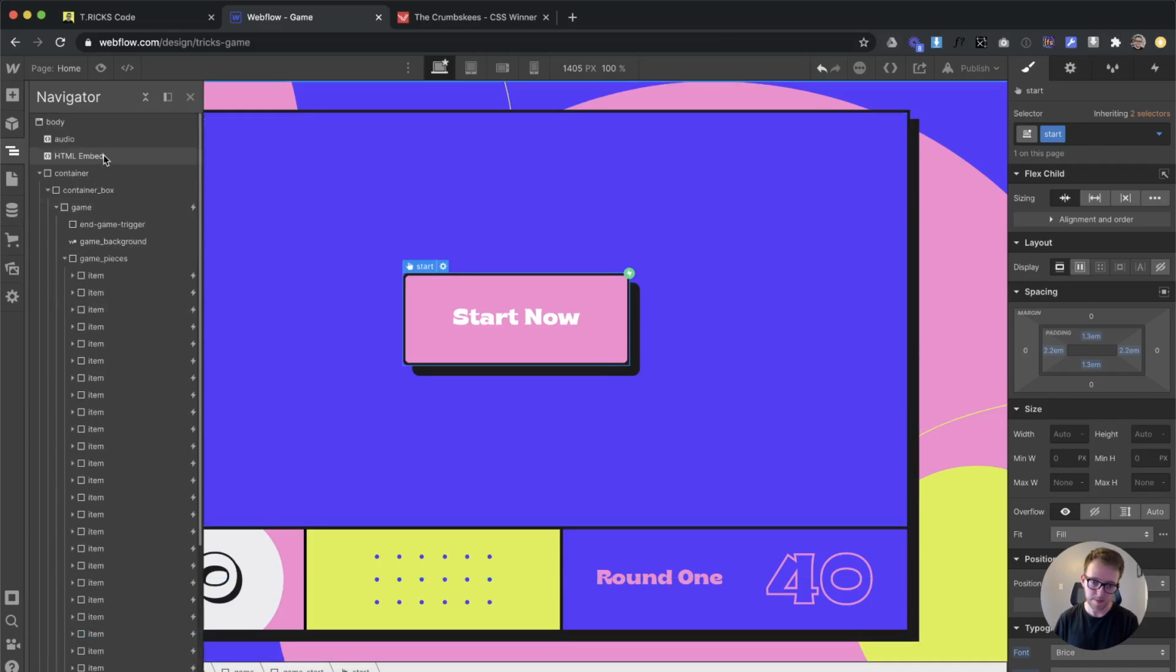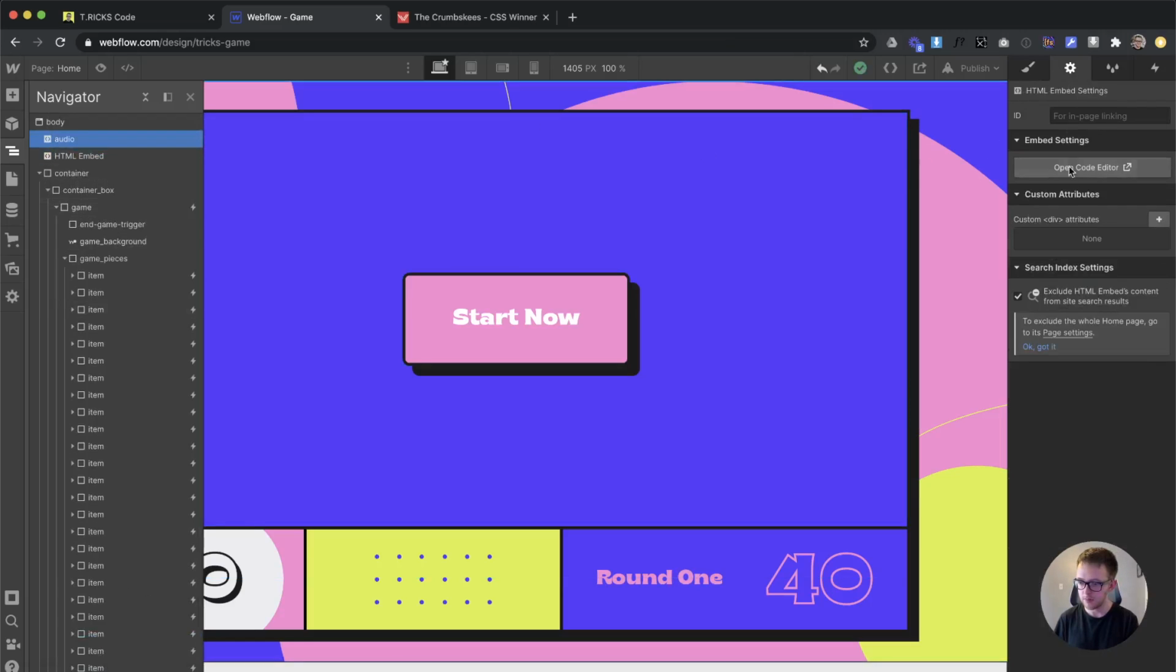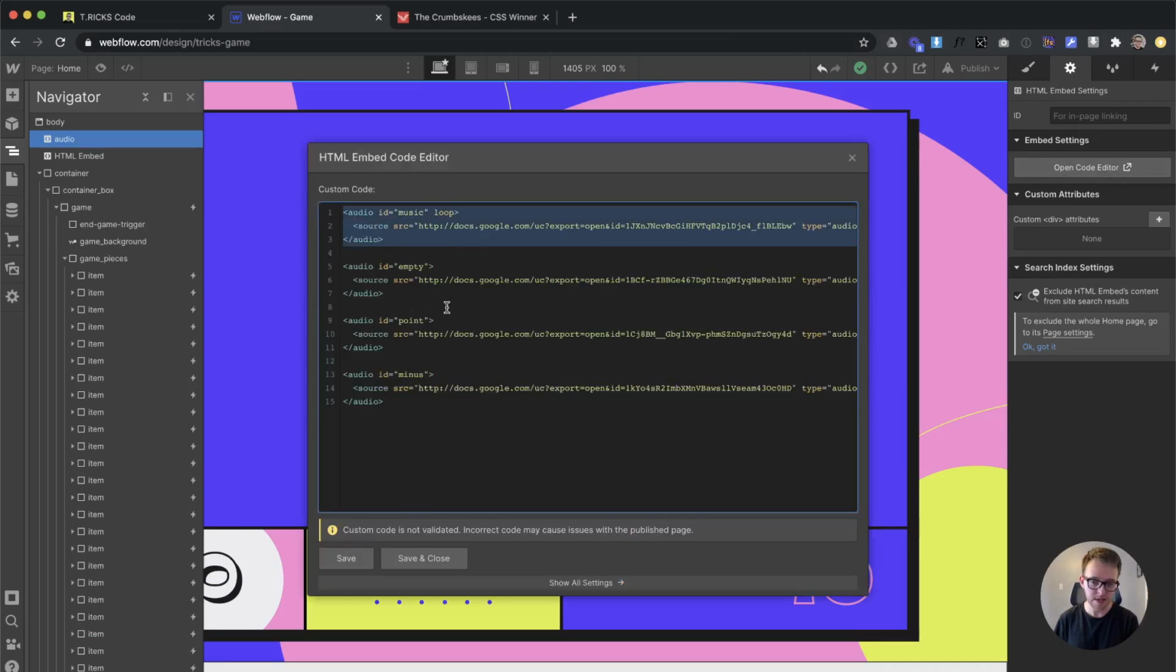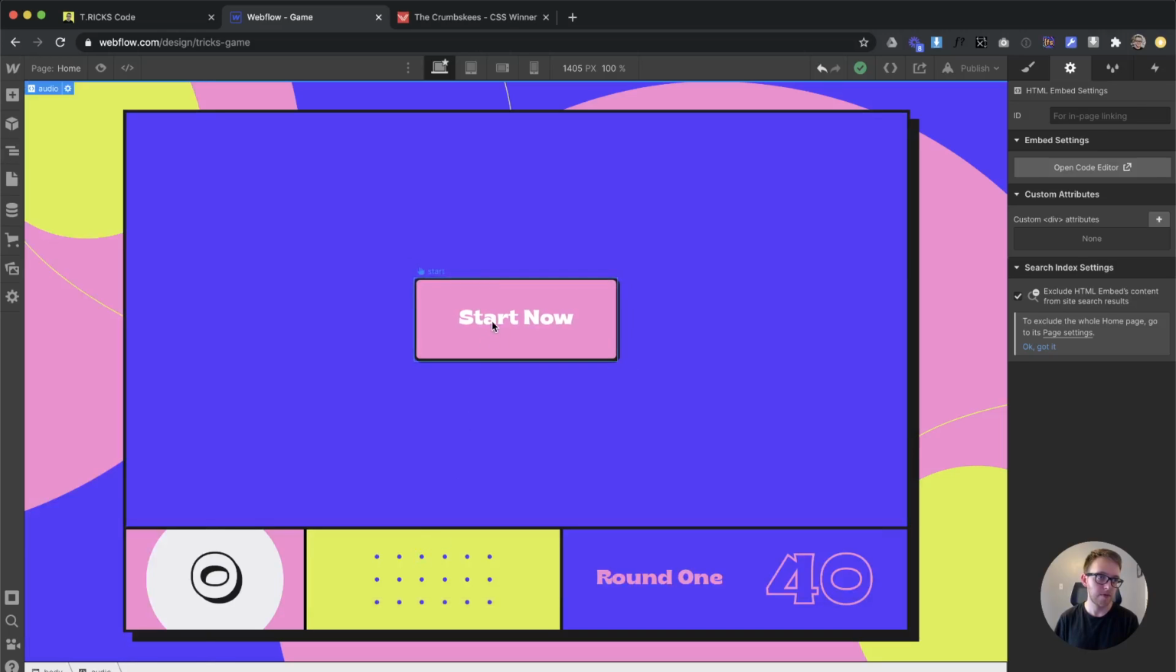So what I can do is I have my music all in here in this audio embed on the page. These are just standard HTML audio players, and they each have their own MP3 attached to them, but you'll notice each one has an ID. So the music one has an ID of music. The empty state, that's whenever you click on the artboard but you didn't actually click on an item, it makes one sound. Whenever you click on a good item, it makes the point sound. Whenever you click on a bad item, it should make the minus sound. So we can use these IDs to actually play those different sounds, and I'll show you how in just a bit. But we'll start with the music one because that's what we'll want to play whenever we click this start